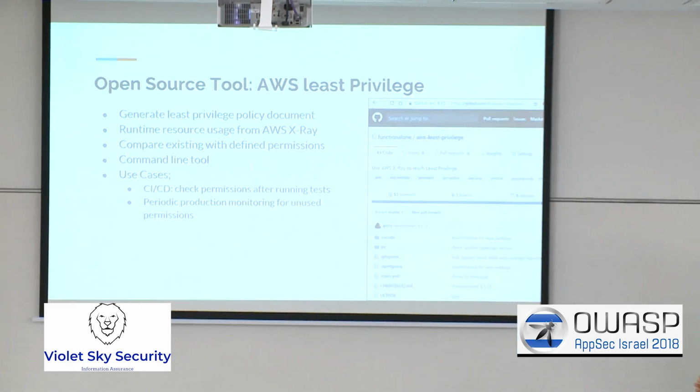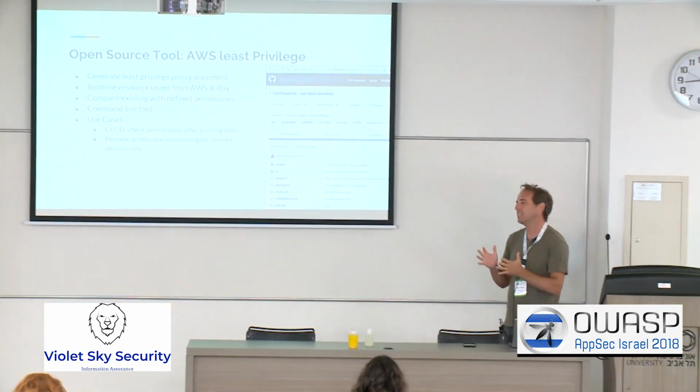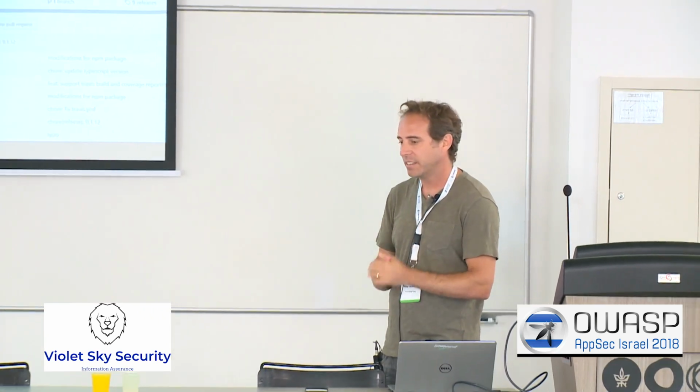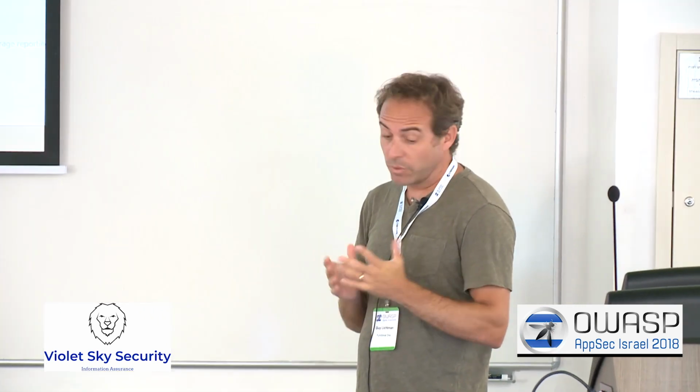what's being used by a function is looking at the actual runtime resources that it's using, collecting that information, and then analyzing that and generating a least privilege document. Where can we get that information? We can get it from AWS X-Ray. X-Ray is a service that's provided by